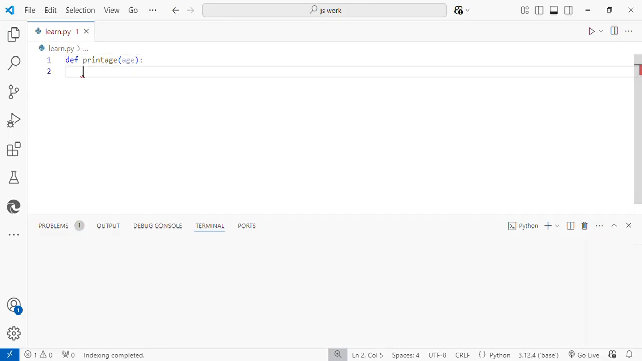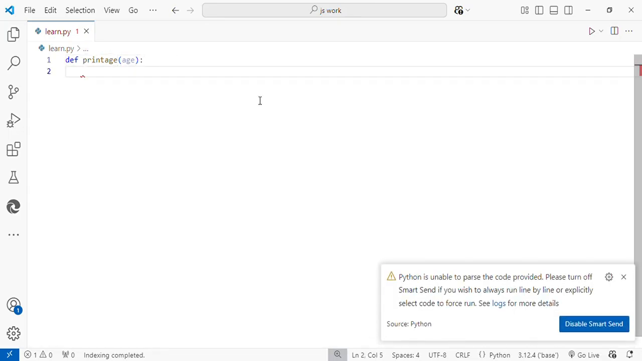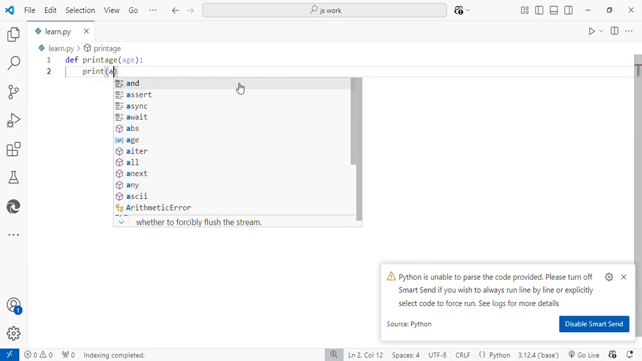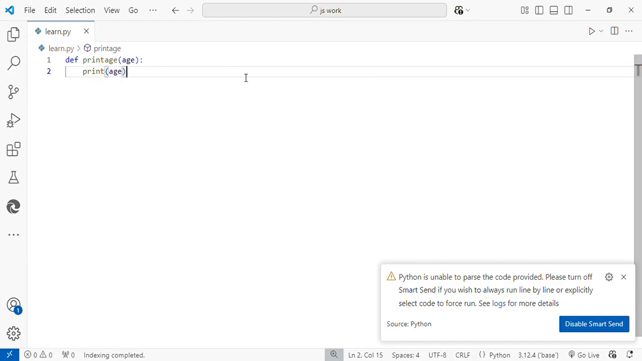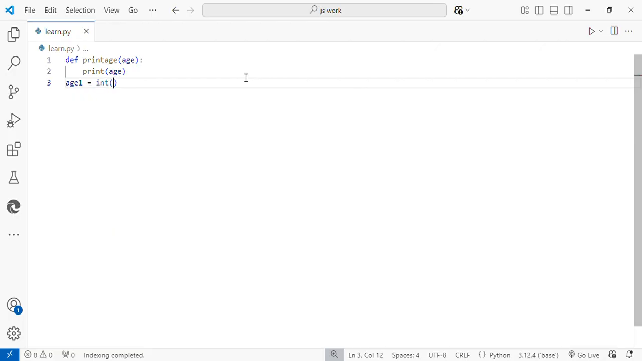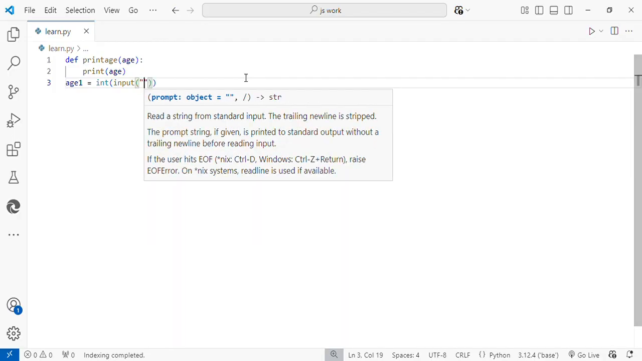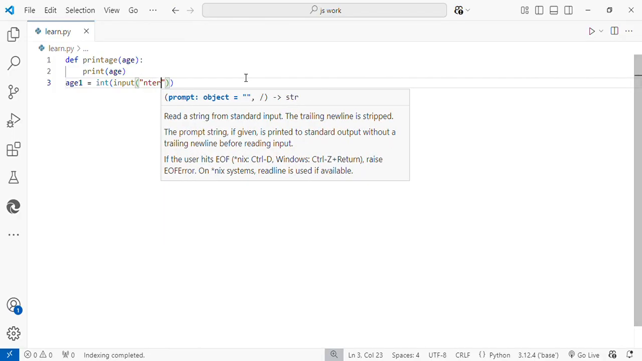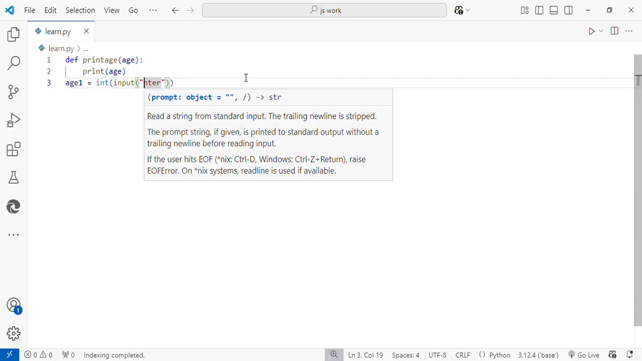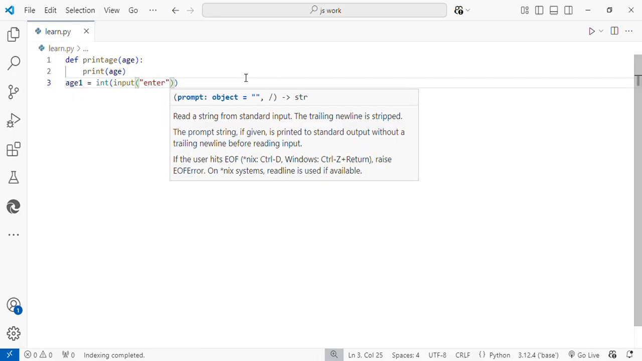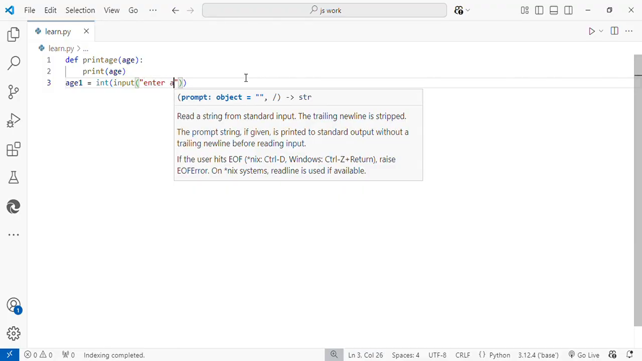After that I can open my Google. Then after that I could take print age, and after I've taken a parameter I can take an input, age1 equals int input, enter age, and